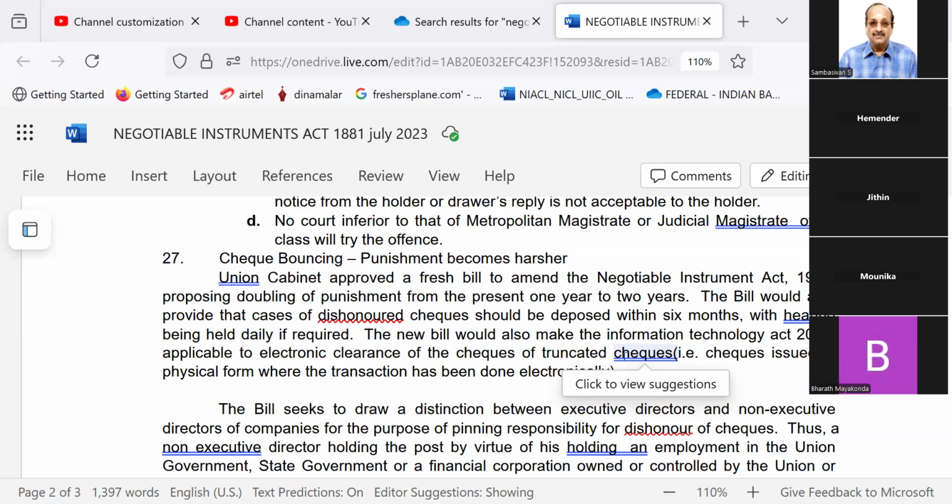The bill seeks to draw a distinction between executive directors and non-executive directors of companies for the purpose of pinning responsibility for the dishonor of checks. Thus, a non-executive director holds the post by virtue of his holding an employment in the union government, state government, or a financial corporation owned or controlled by union or